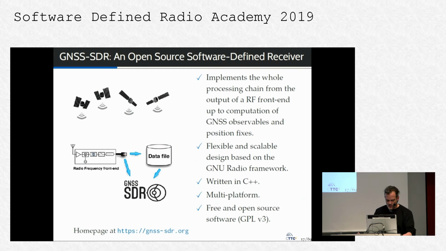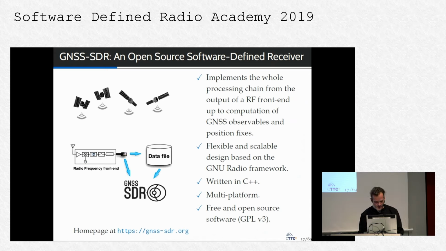So we developed a software for receiving this kind of signals. It's called GNSS-SDR, not a big display of creativity in the name, but you can use it with several frequency front-ends. You can work in real time, working with a front end, or you can work in post-processing, just processing samples which are stored in a file. The software is written in C++, it's multi-platform, and is released under a free and open source software license, which is GPL version 3.